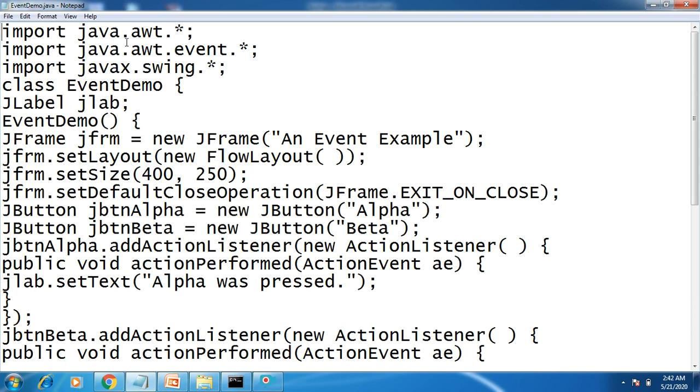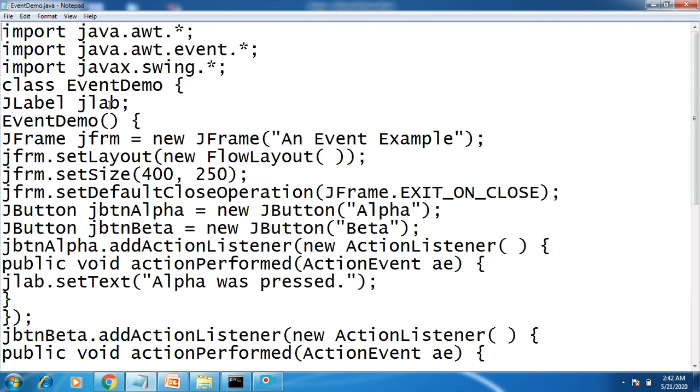Here we have included three packages. The first one is java.awt, because it's an event handling program in which the user is performing some action, that is clicking, so the action event will be generated, and for that we require these two packages: java.awt.* and java.awt.event.*, and javax.swing.* is for the Swing application. Again we have defined a class called EventDemo.